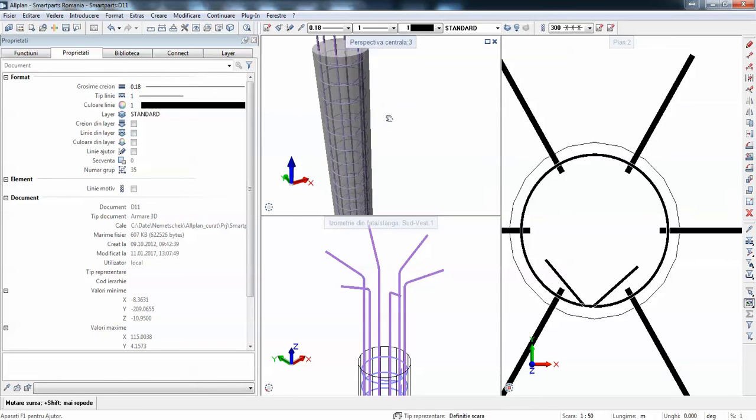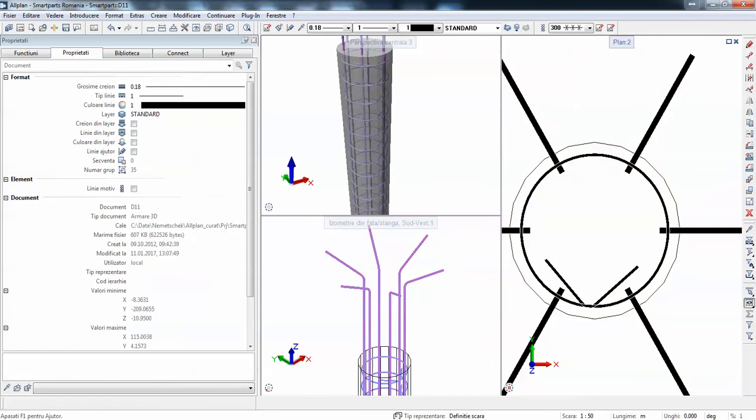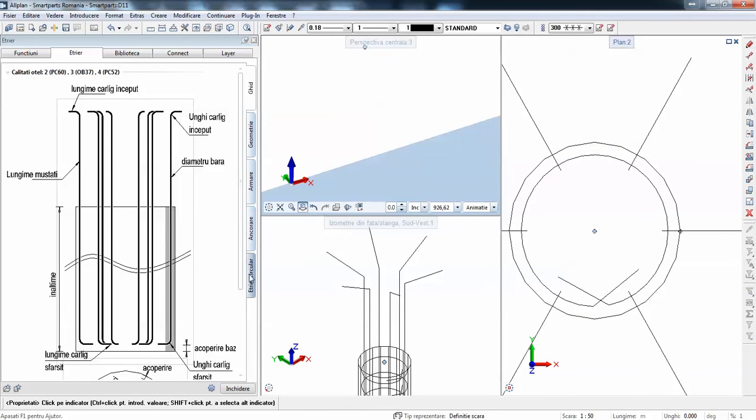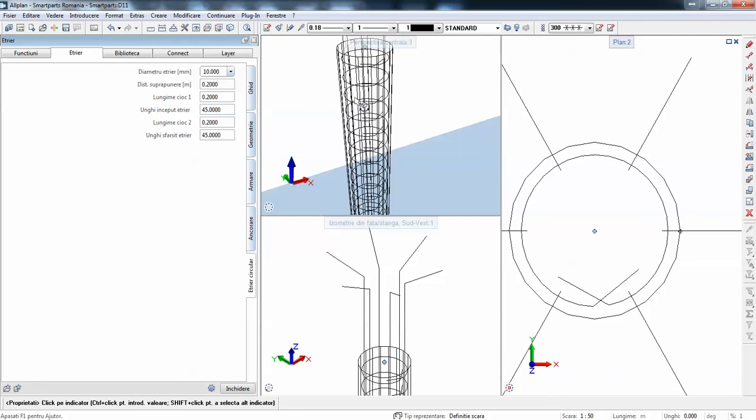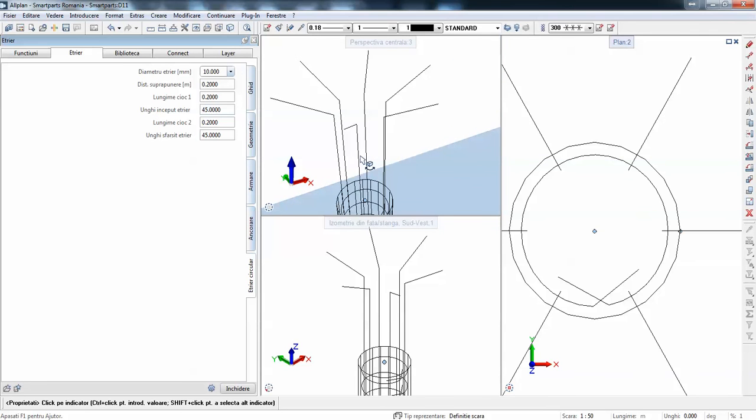And somehow it is faster than manually doing all the reinforcement in 3D, but it's a lot of work to do. From my point of view, it's a lot of work that is not valued if only used by an engineer. So if you only want to develop for yourself, I don't think it's really worth it.